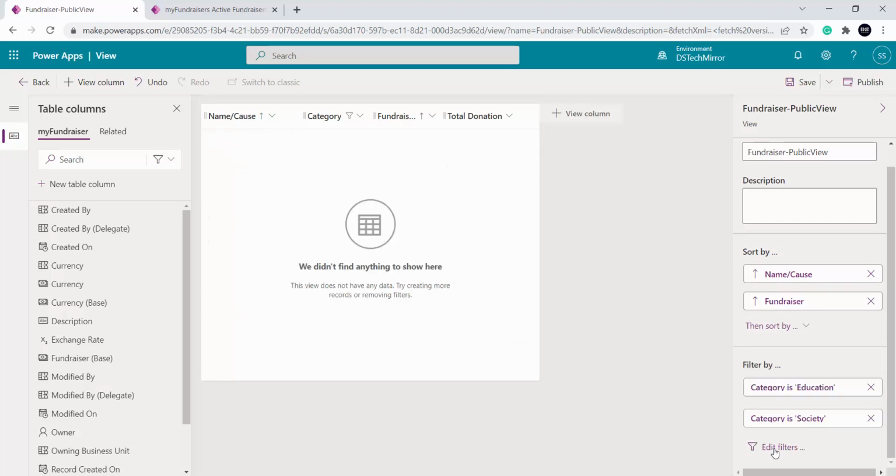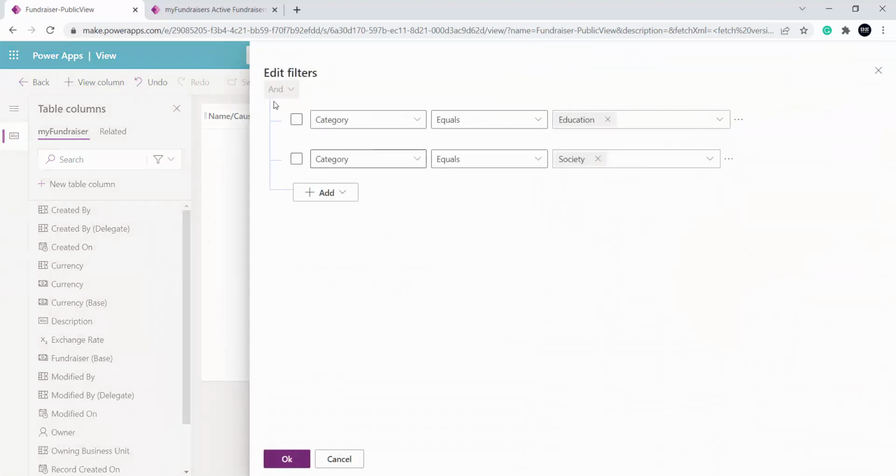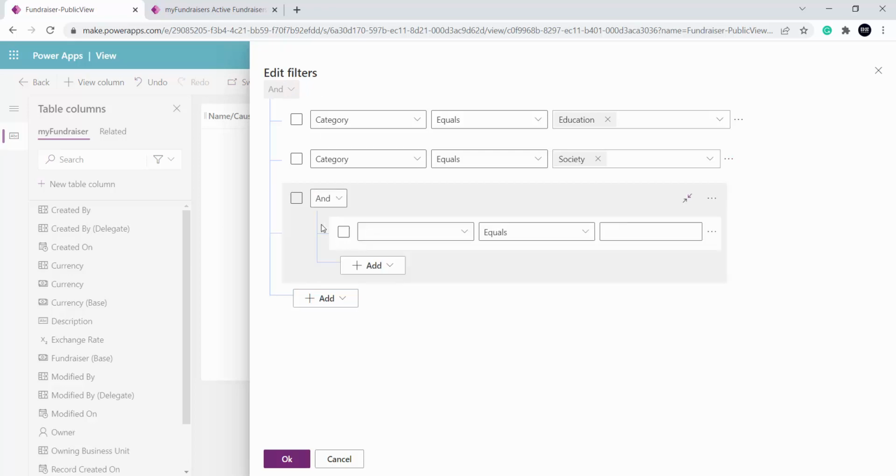So I will click on edit filter. Over here you can see I have this AND condition. When category is equal to education and category is equal to society, then only it should display the data, which is not possible in our scenario because we have a single category. So I should add an OR condition between these two conditions. Now if I want to change this to OR condition, what I can do, I will click on add. Because this is disabled, I will add another group, add group, and I will change it from here